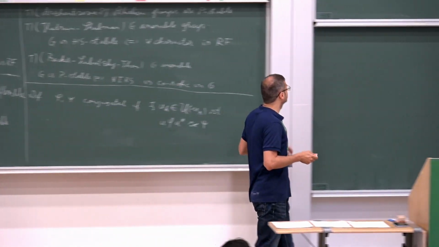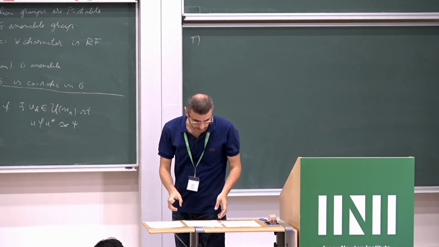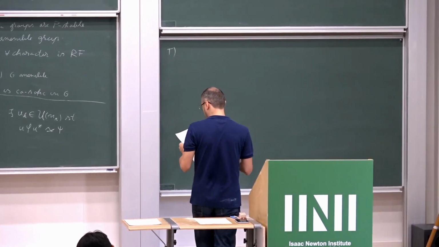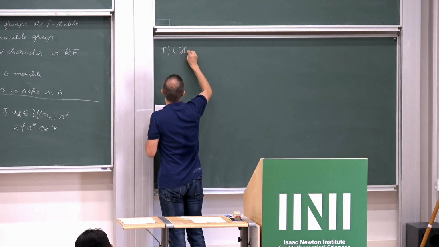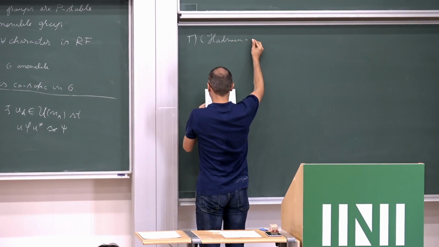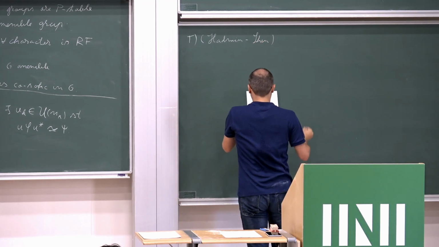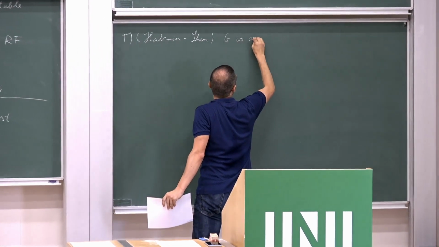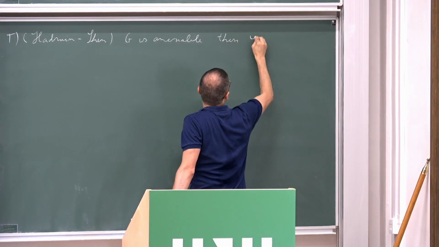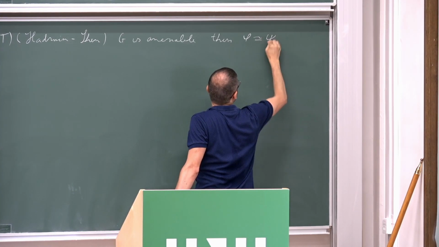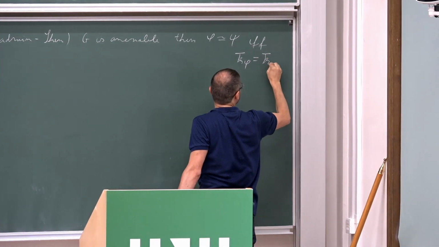This notion is important because amenability will give you plenty of examples where these relations hold. The first theorem that I want to write in this respect is kind of common knowledge. It was difficult for us to attribute this result. We find something in an article by Hadwin and Shen. If G is amenable, then phi and psi are conjugated if and only if they have the same trace: trace of phi is equal to trace of psi.